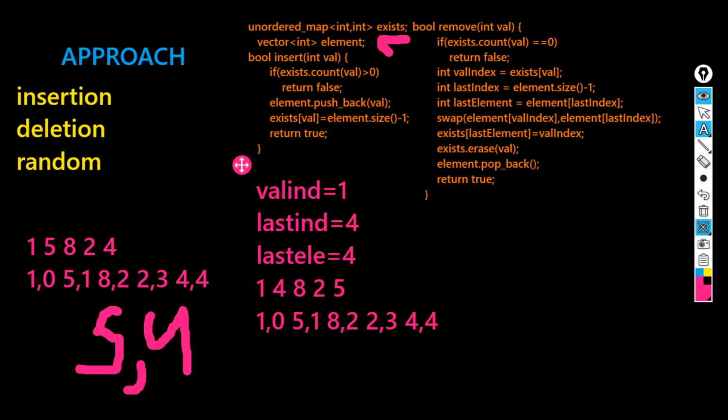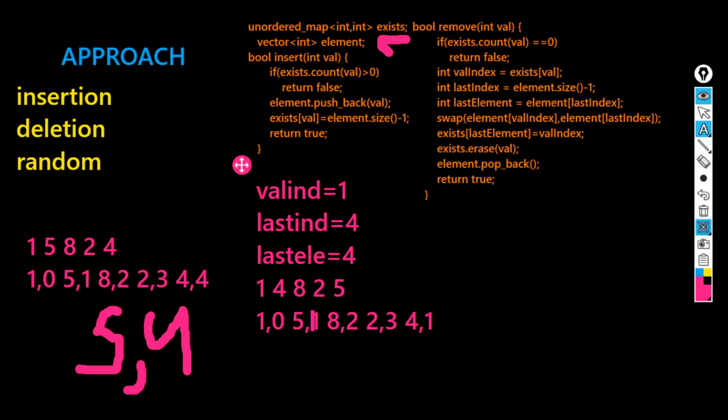The exist value of the last element, which is 4, will be changed to the value index. So what is the value index? It is 1, so it will be changed to 1. Till now, we have initialized 3 variables, we have swapped the values, and we have changed the exist value of the last element with the index of the node which we have to delete.